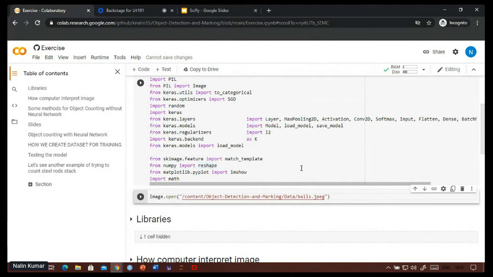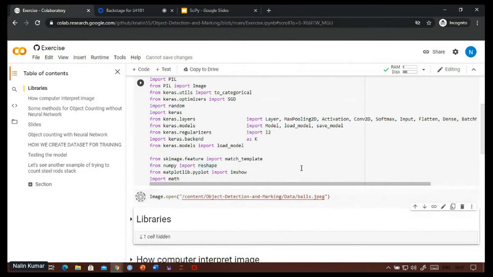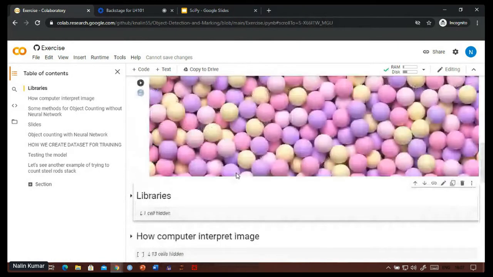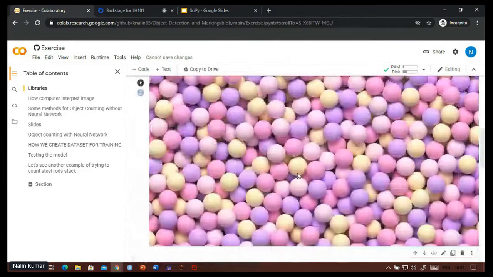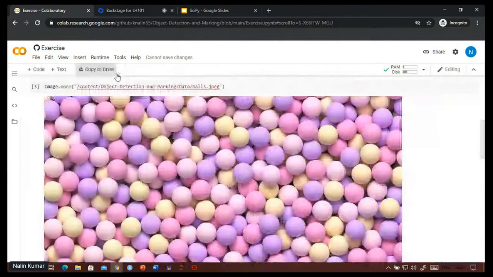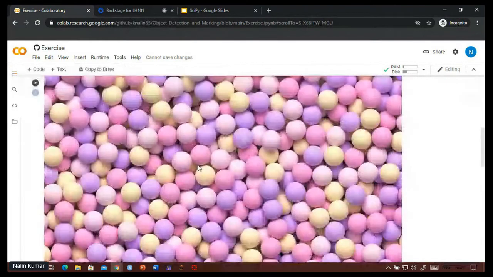The test image we will be using is this image. As you see, there are lots of balls overlapping other balls, and we are trying to count these balls. By the end of this workshop, we'll be able to mark the center of these balls.